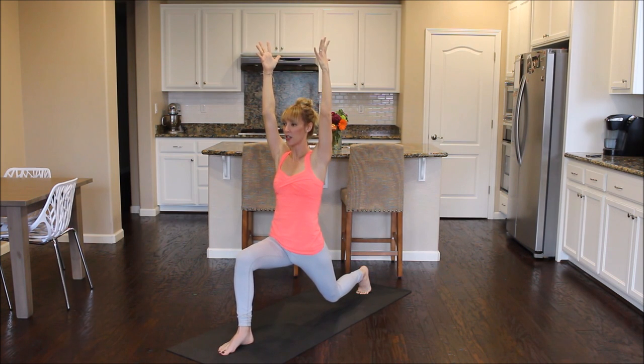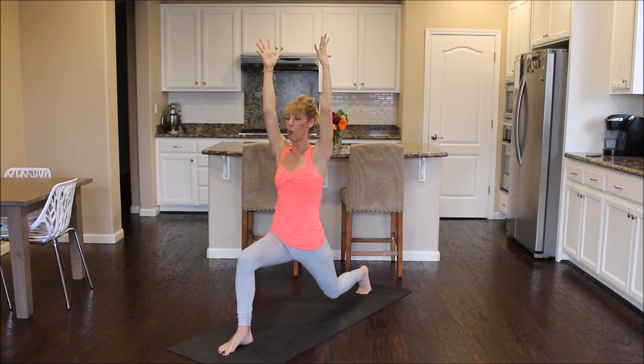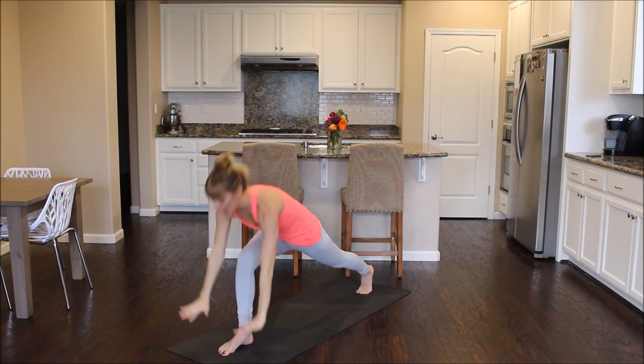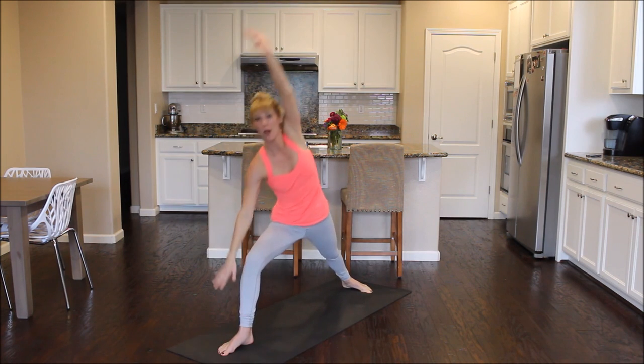Let's add some fire to those legs right away, pressing down through the shoulders, reaching through the fingertips. So that back knee is up off the floor about 1 or 2 inches, nothing much. Just hold it there for 4, 3, 2, 1. Find that lunge again. Tick-tock that back ankle or back heel down, and then windmill your arms up to warrior